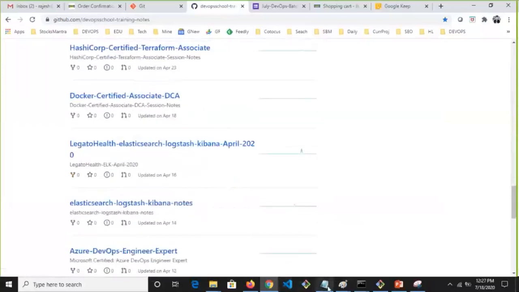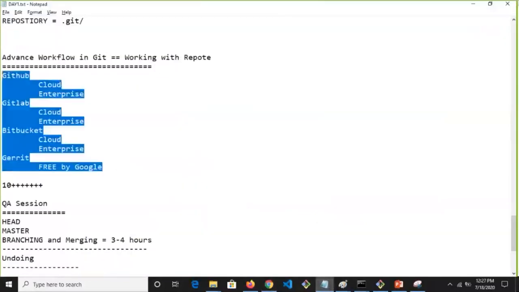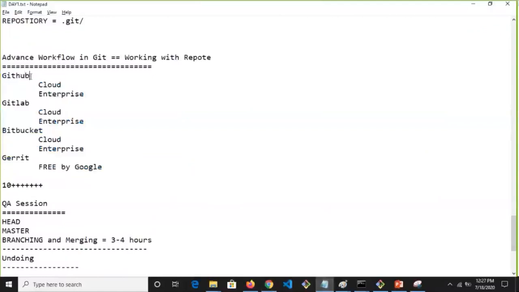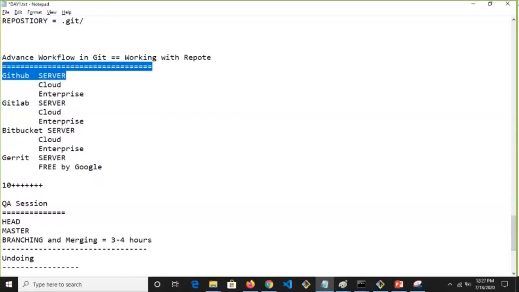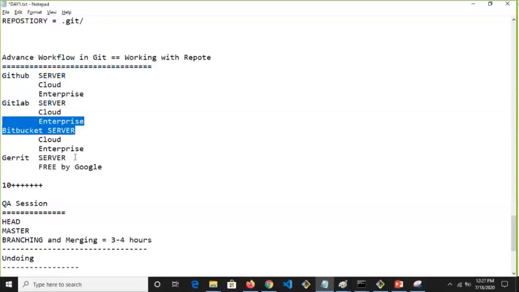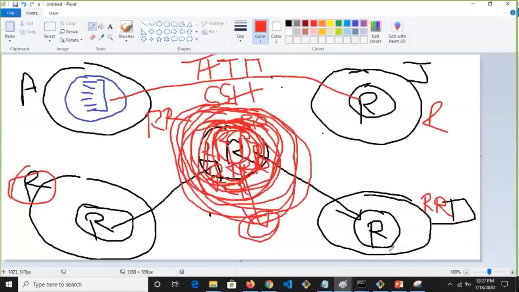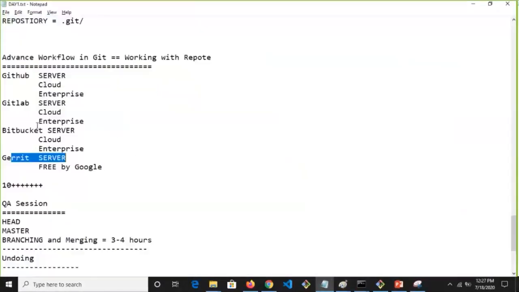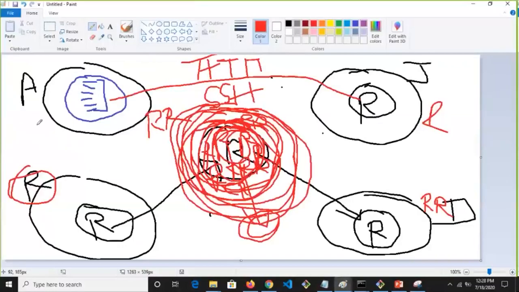You see here. So guys, this is not Git. This is GitHub. And then we call it a GitHub server. Never ever call it a Git server, because this is not Git. This is not at all Git. It's a different product altogether. So you can call it a GitHub server, or GitLab server, Bitbucket server, or Gerrit server. I have no problem. No one will have a problem. So guys, did you understand that? The concept, how Git works, why we have Git, and why we don't call Git a server, but GitHub a server? Did you understand this?